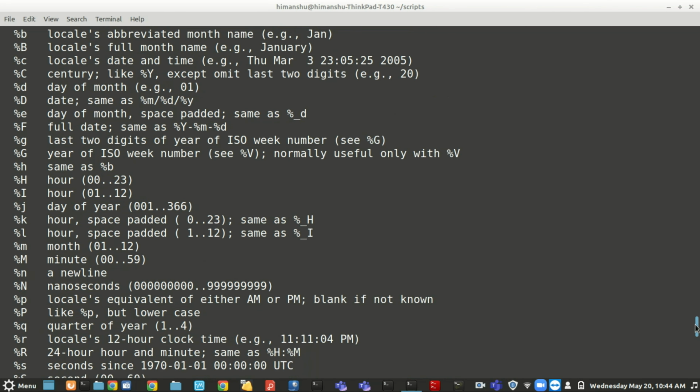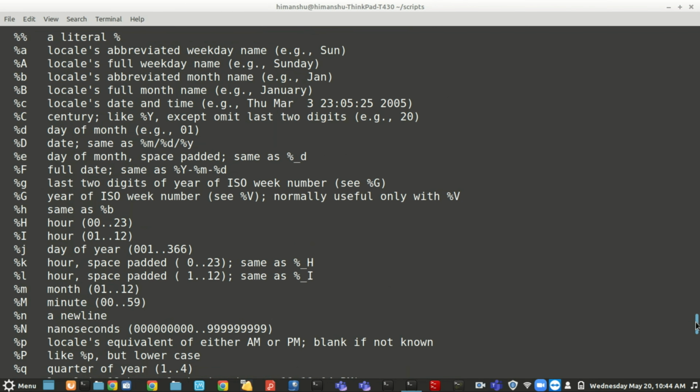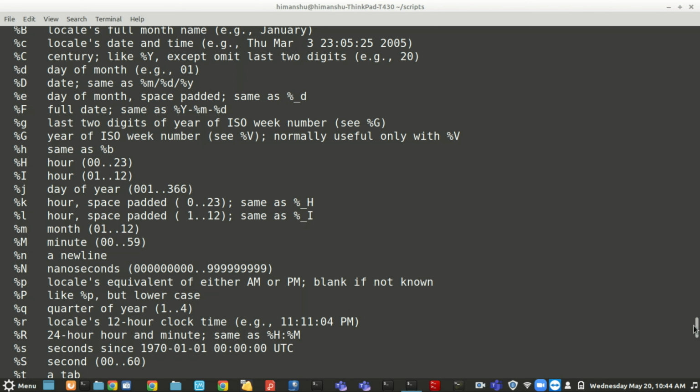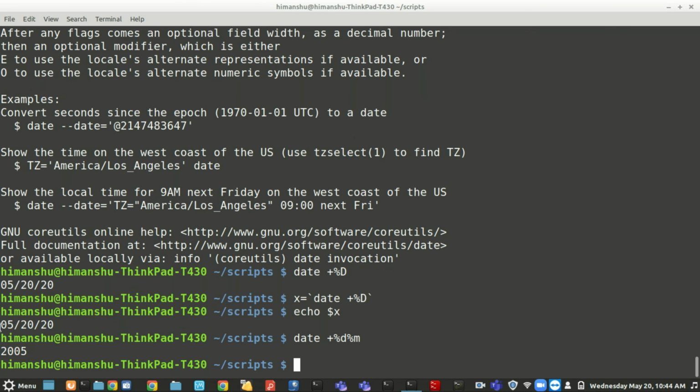Same way, let's say I will not take it in this format, I want to take it in the number format, where small d is day of month and small m is month. So if I am doing date plus percent d percent m, it is showing me something like this, right?